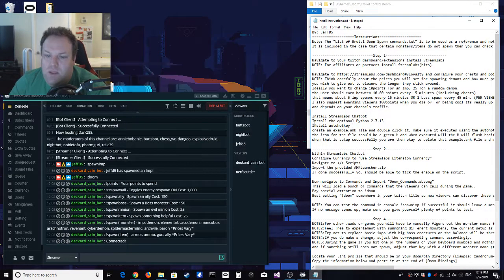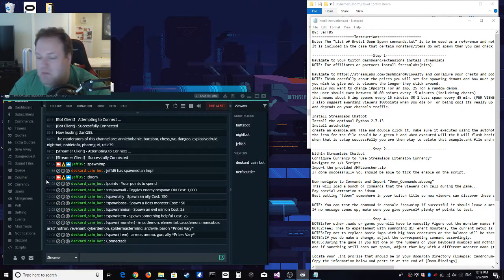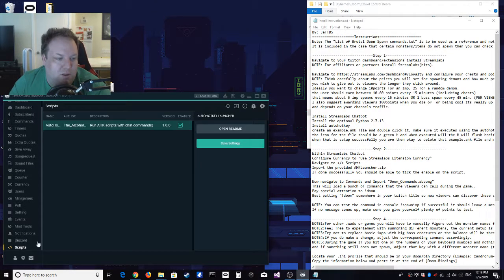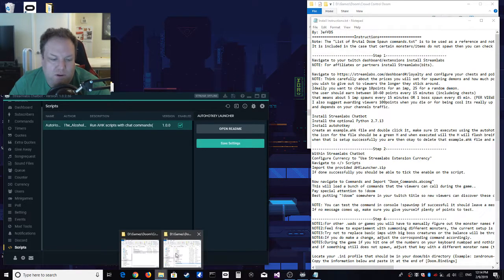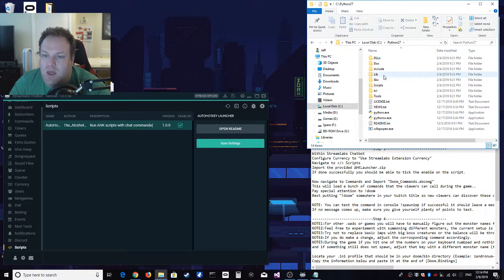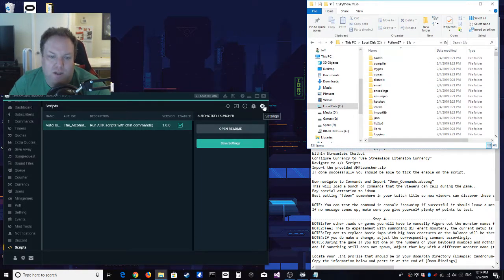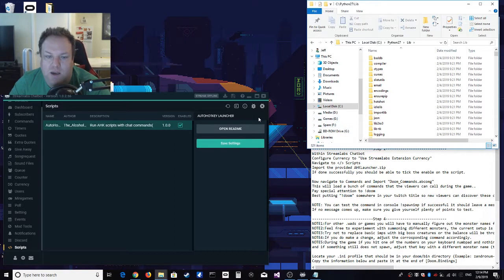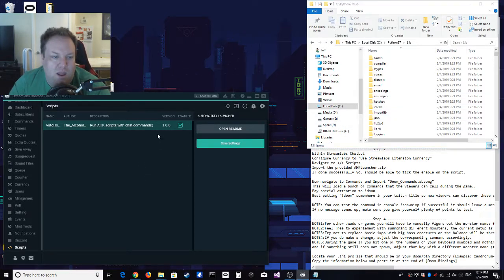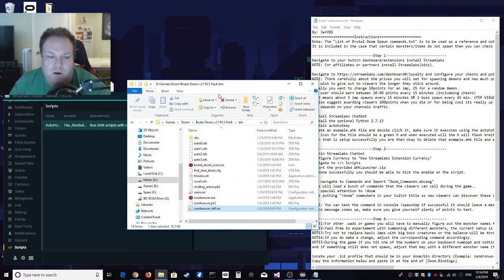So this is the Streamlabs chatbot. And under the scripts, this is where you want to probably set up your Python lib folder, which I believe is this folder. Not libs, but lib. Make sure you come to this settings here and connect the two. And once you do that, then you want to import